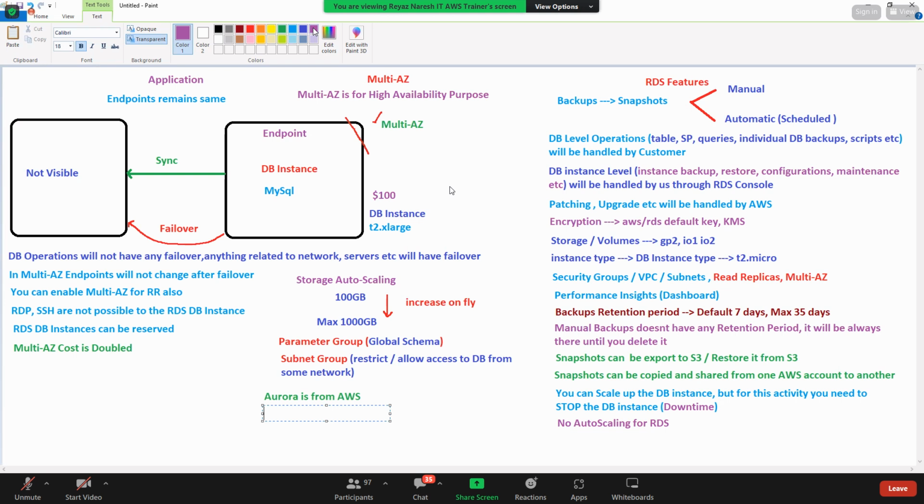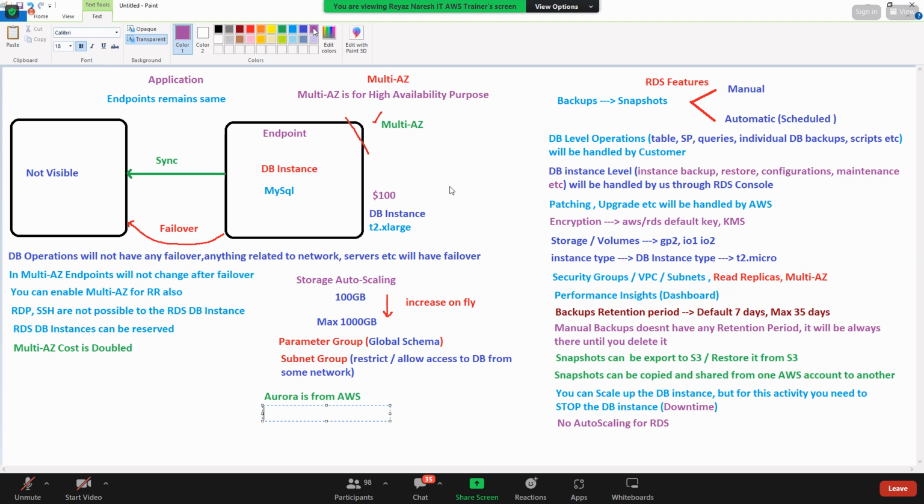AWS is saying that Aurora is 5 times faster than Postgres and 3 times faster than MySQL. It's super fast and has so many features. Aurora is compatible with only MySQL and Postgres. Say you took a snapshot of Postgres, and you know how easy it is to convert this Postgres snapshot to Aurora? One click.